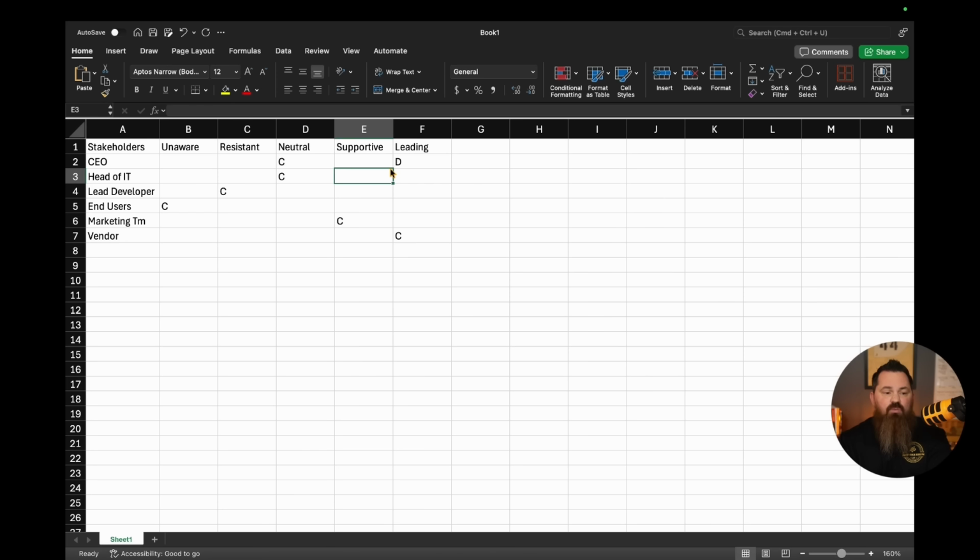He's the guy in charge. We need him, let's just say he's our sponsor. We need him leading, talking to people and getting them on board. The head of IT, we probably need them supporting us. We're using their resources. The lead developer, I need them at least neutral. I mean, they're going to do their job. So if they're not supporting the work, that's one thing, but definitely want them neutral. Same with the end users. We're going to want to get them up in the way.